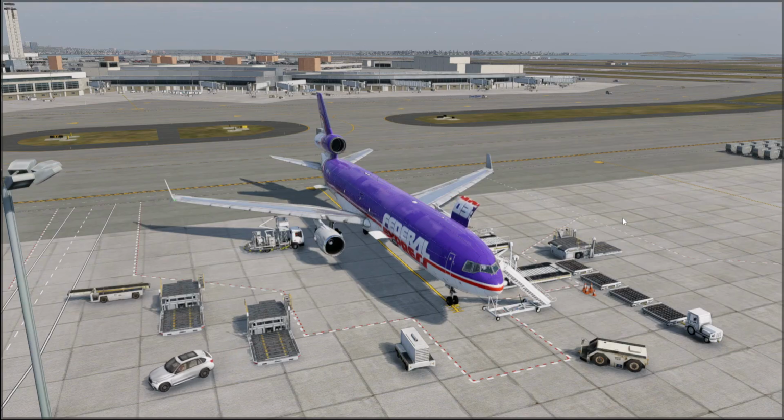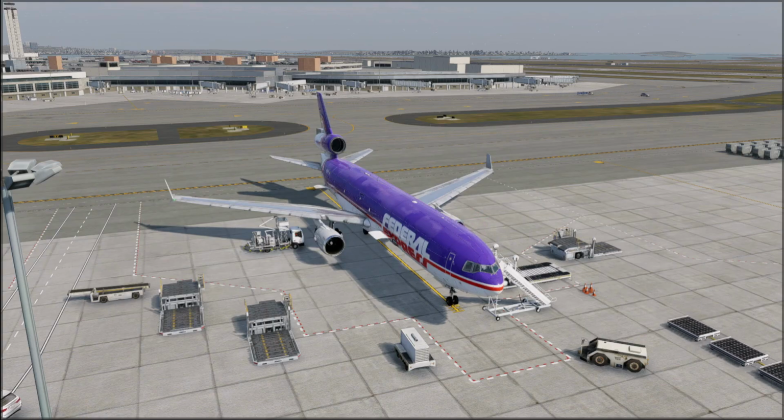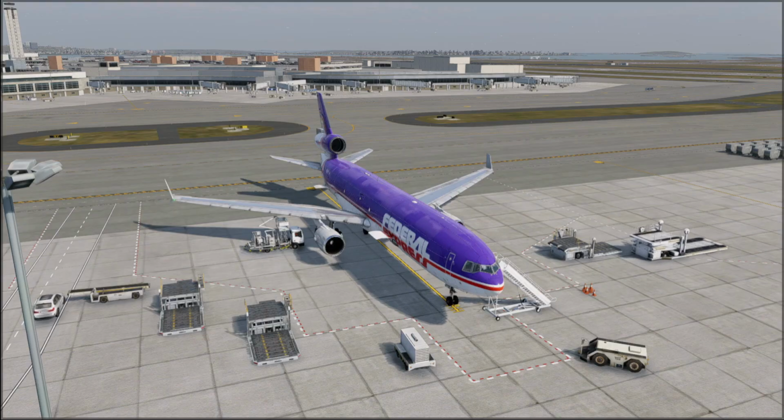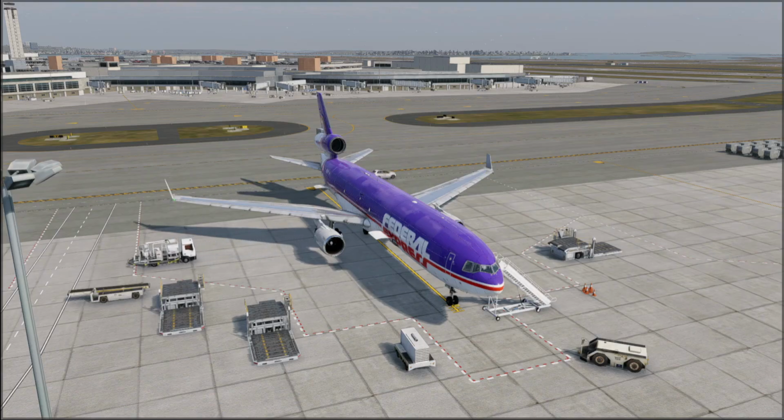Not really sure why it said maintenance mode. That I have never ever seen. All right, now let me explain the cheesiness to the animations here in a minute. Once the fuel truck gets done, there he goes. So again, it's neat. I mean, hey, it's something. Okay, to those of you, it's something. But in my world, if you're going to go to that level, aside from the fuel truck,